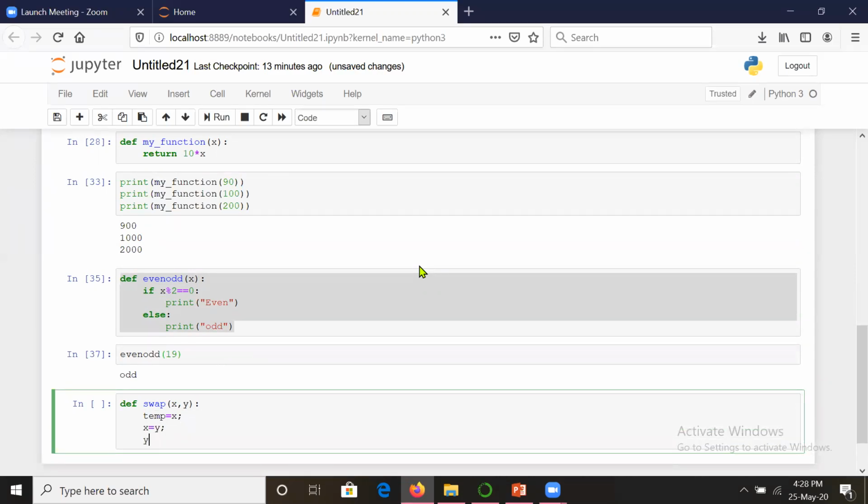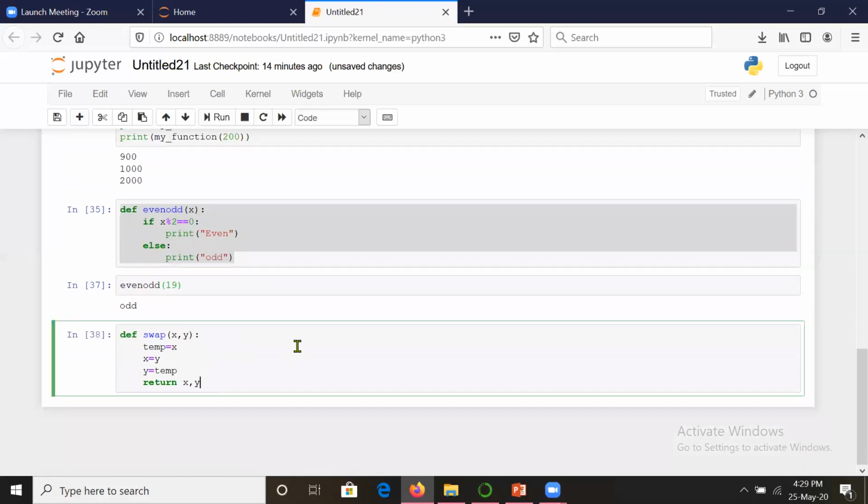Earlier also we have done this, so I need not tell you the logic. Sorry, this is not C, so a semicolon is not needed there. So this way I will have to return the values of x and y, or just write print here. We will return the values, return x comma y. So let us execute this, and let us call this in a fresh cell.